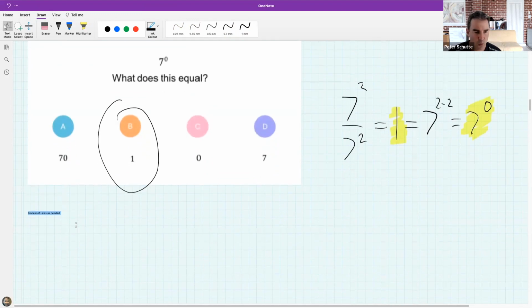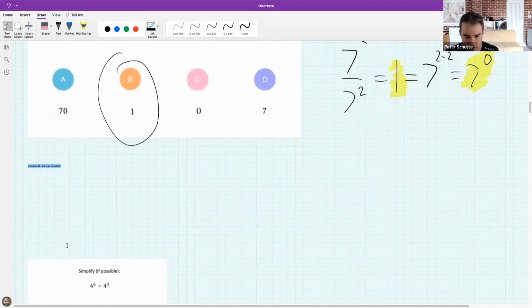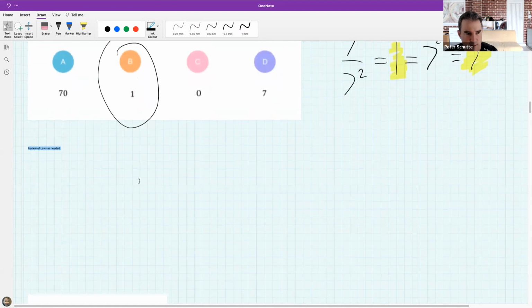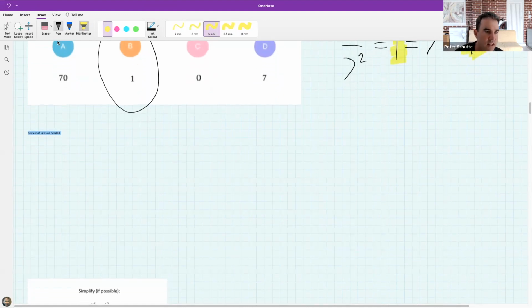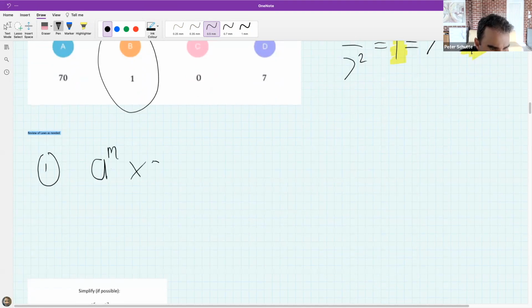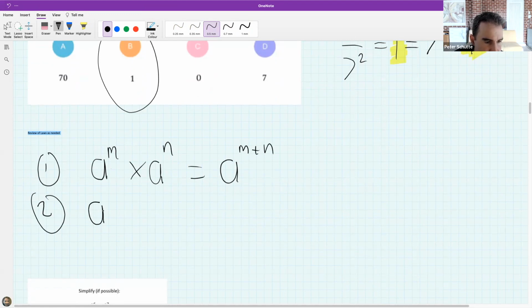Awesome. So what have we learned so far? Let us do a quick little summary, and you can write these down if you need to. Law number 1 basically says if the two bases are the same, in this case, I'm using A as the base, and you're multiplying, you simply add the powers. Law number 2 says if the bases are the same, those are both A's, and you're dividing,